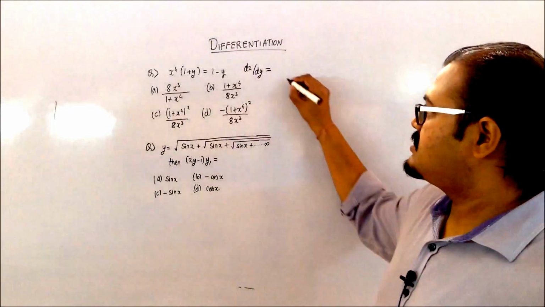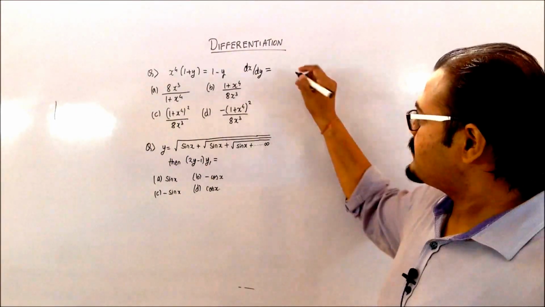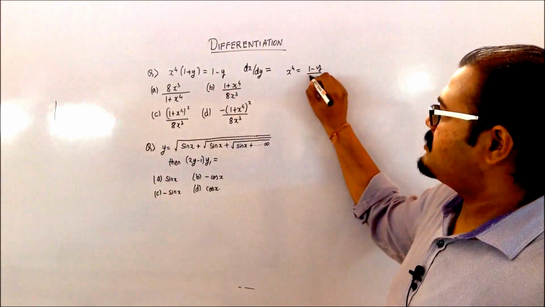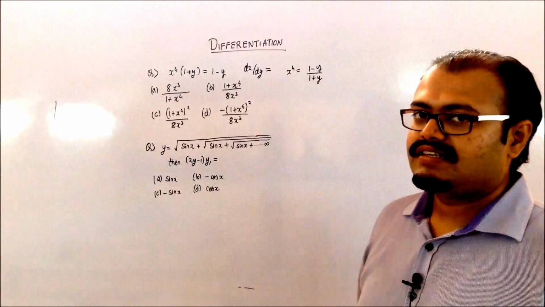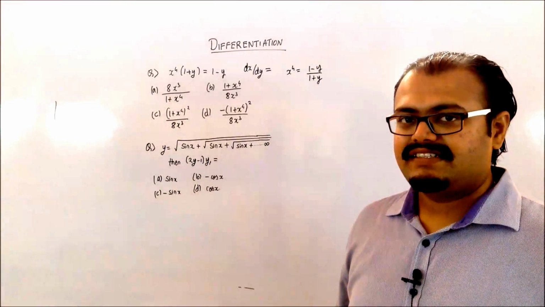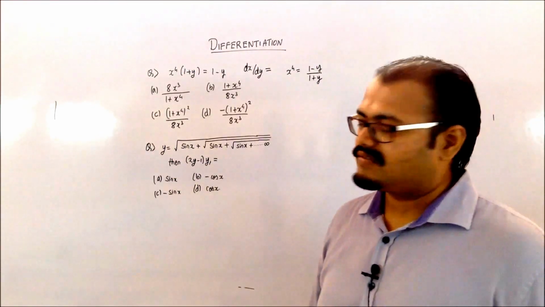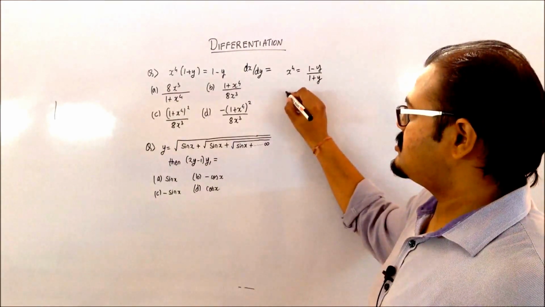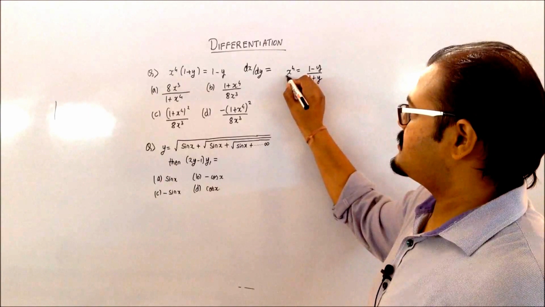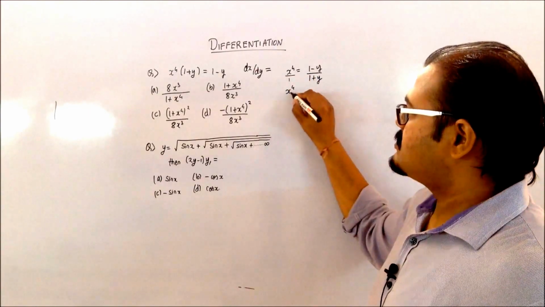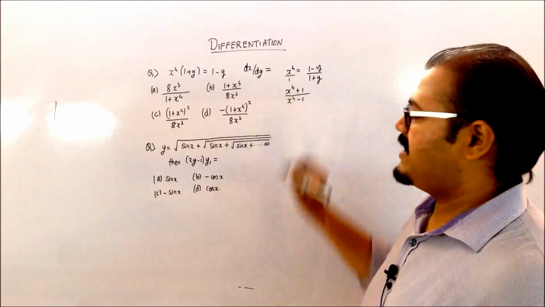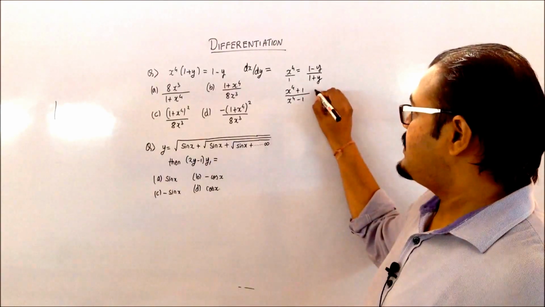So what you will do is write it as x raised to 4 is equal to 1 minus y upon 1 plus y, and then you have to represent it in terms of y. So if you take componendo dividendo, you will have x raised to 4, because this is basically divided by 1, so x raised to 4 plus 1 divided by x raised to 4 minus 1, which will give you